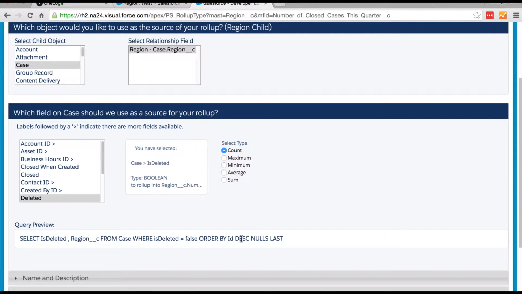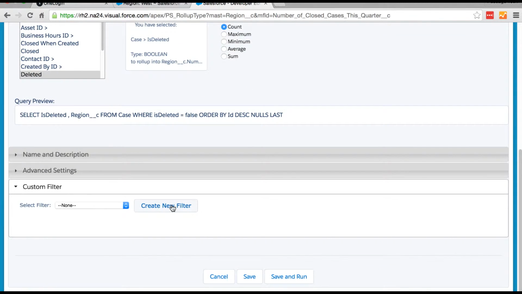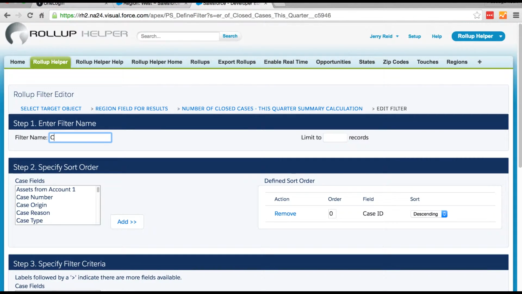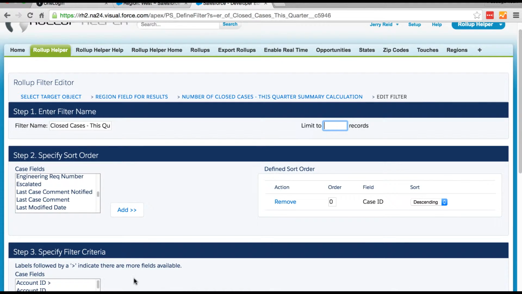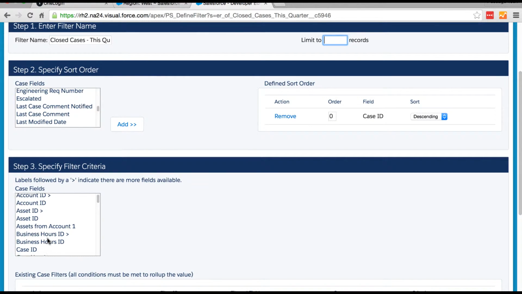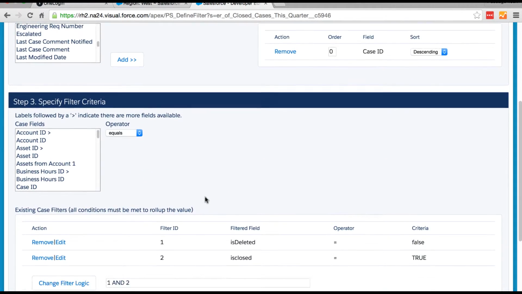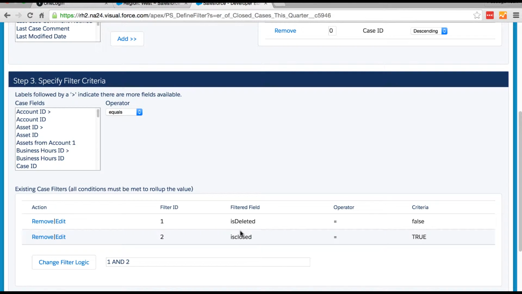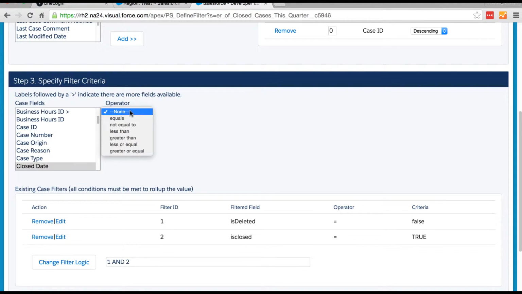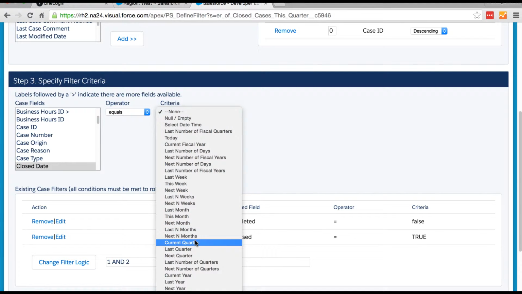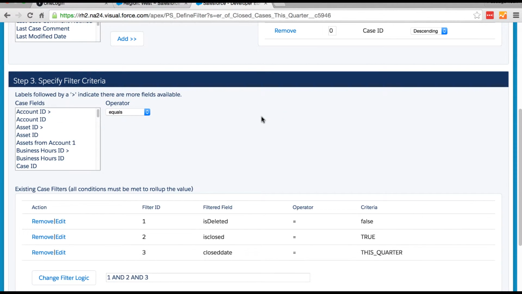And since we want to count closed cases, we want to apply a filter. We're going to go ahead and create a new filter, and we'll call this closed cases this quarter. And then down in step 3, specify filter criteria, we'll want to select closed equals true, and click submit. And what that'll do is it'll save that filter criteria here. Is closed equals true, because we want closed cases, not all cases. And then we want to also look at the close date and make sure the close date falls within this quarter, the current quarter. I'm going to go ahead and click submit there,